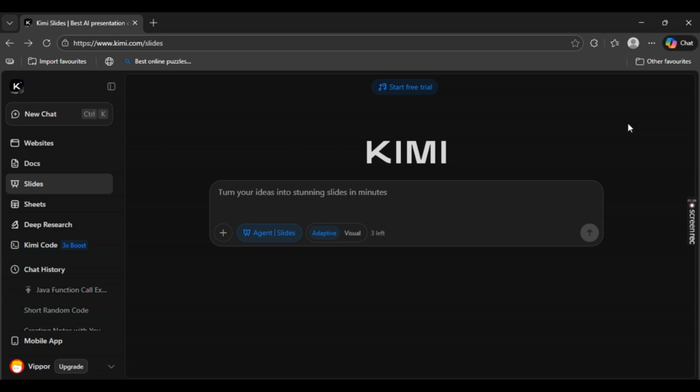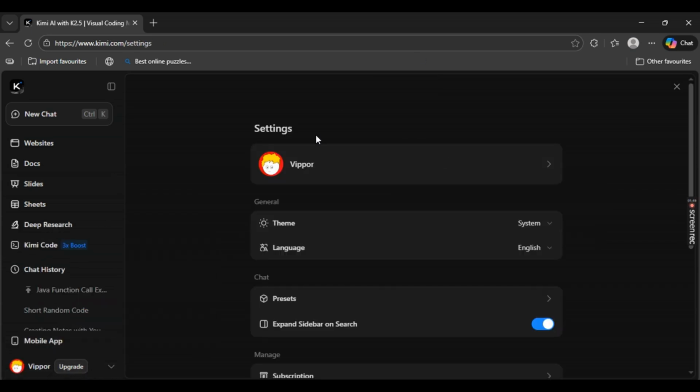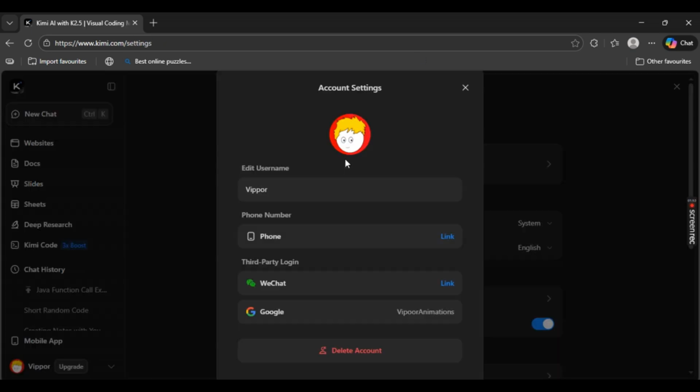You should be seeing various interfaces, and on the bottom left side you should be seeing something known as your profile. So you can just simply select that, and here you should be seeing settings right here. Just simply select that, and now your profile should open up, or your settings should open up. Just simply select here, your profile should open up, and here on the third party login you should be seeing